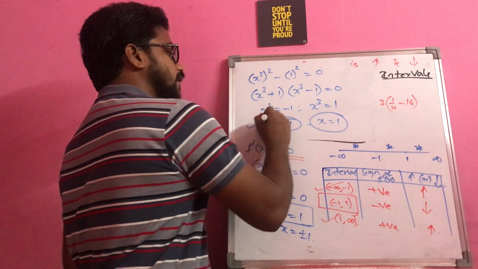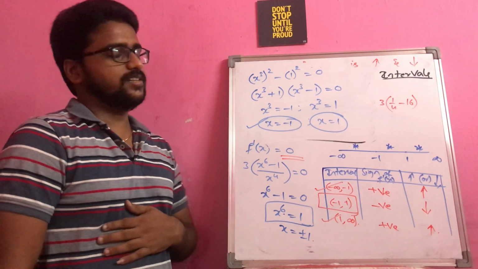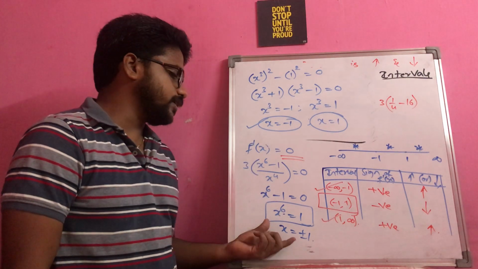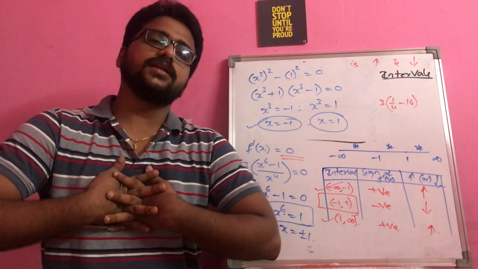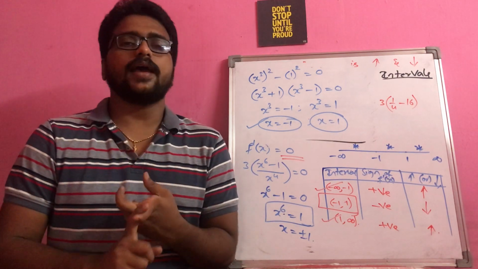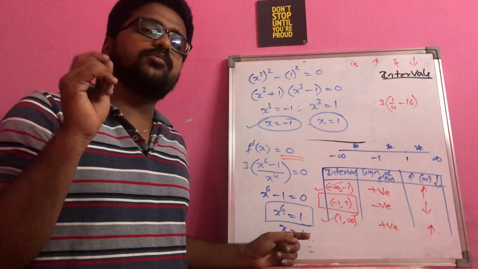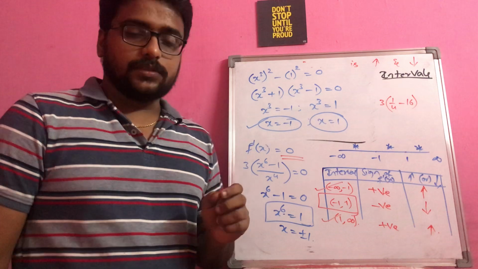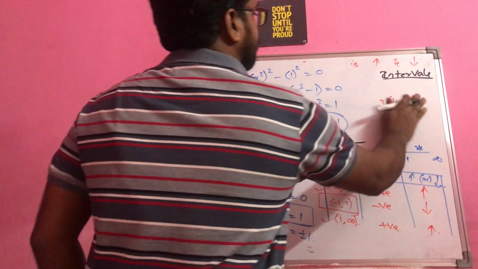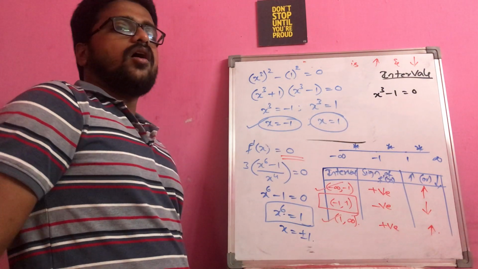So how are you getting minus 1 here? Simple reason, minus 1 power whole cube is nothing but minus 1 itself. So the possible values of x will become plus or minus 1. And another simple thing that I can tell you is, whenever you are having even powers, try to remember that straight away you will always be getting both plus or minus values. Only when you are having odd powers, for example, if I have a statement like x cube minus 1 is equal to 0, this is an odd power.